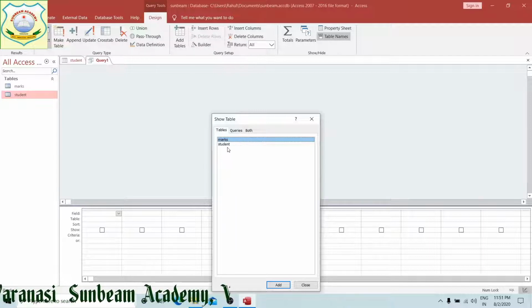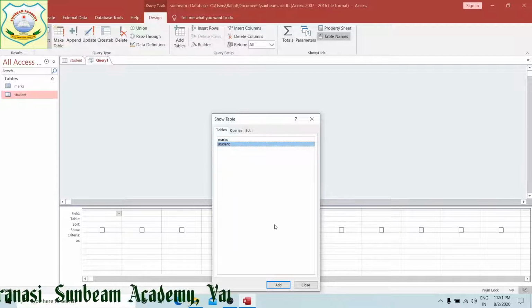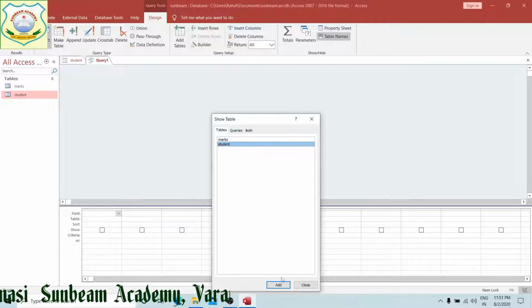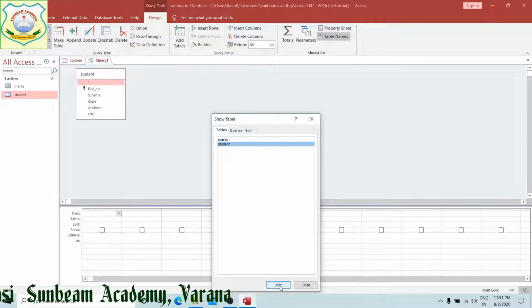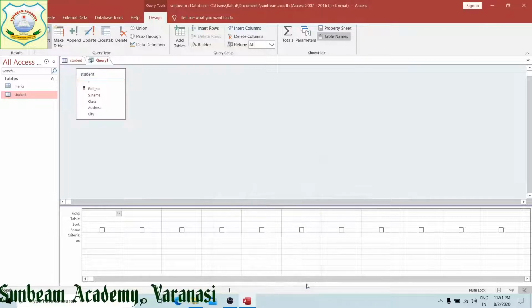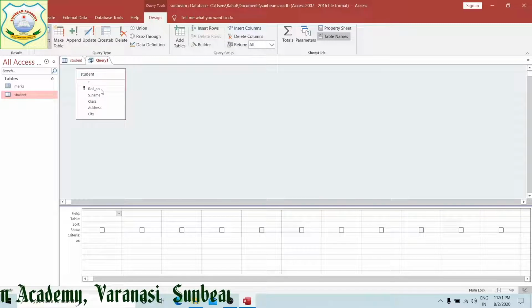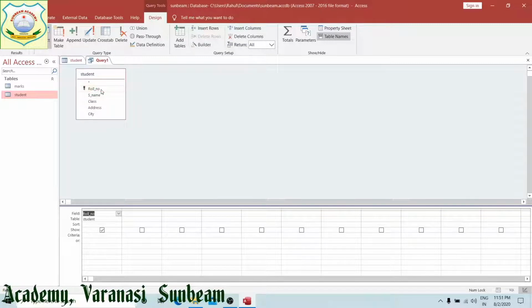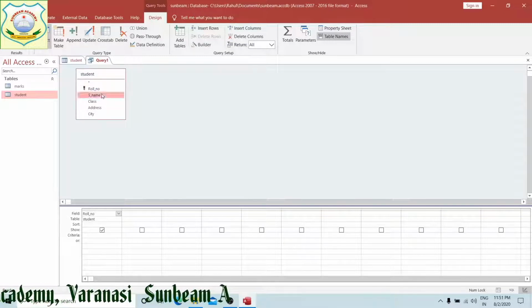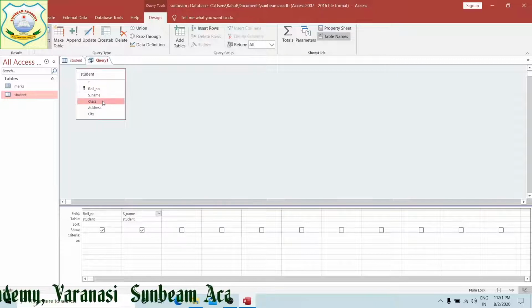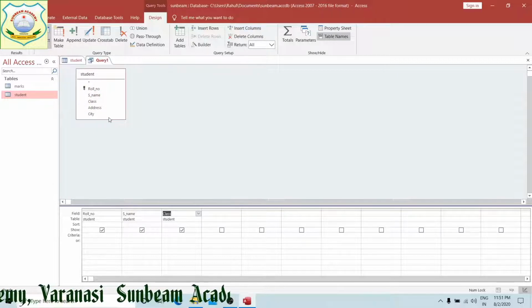Now I am going to select student, right, because into this a few entries I have made. Click on add. After clicking on add, click on close. Now you will see that for what you are going to make the query, you have to select those fields. Now I want to select roll number. I have selected student's name, class, and city.